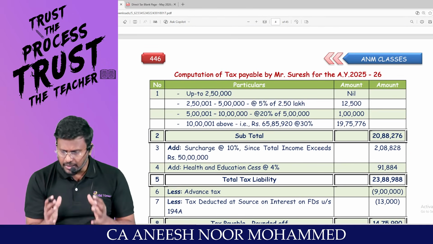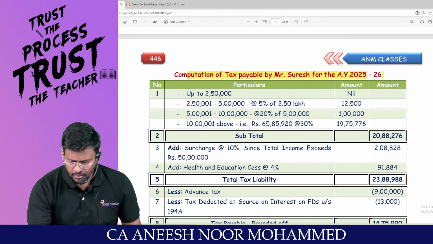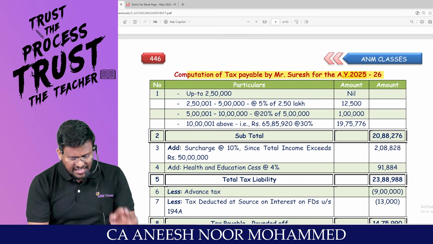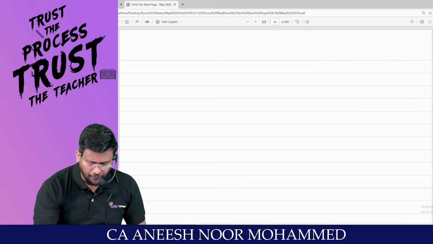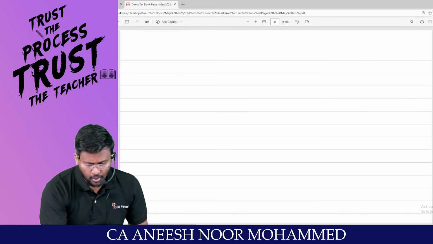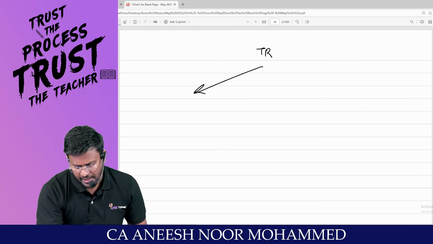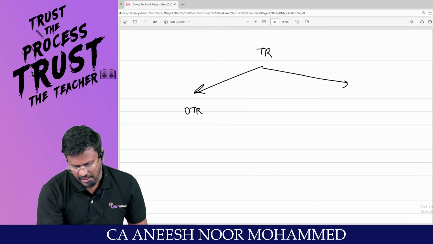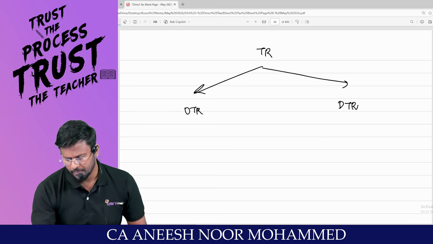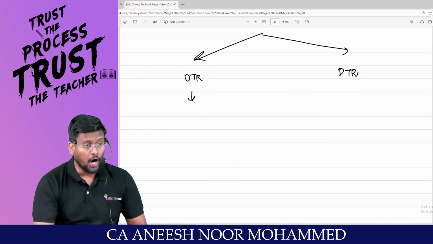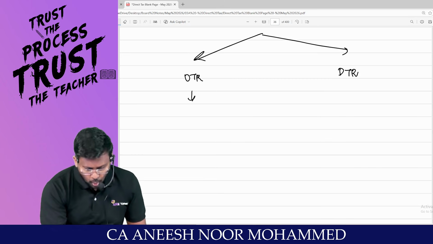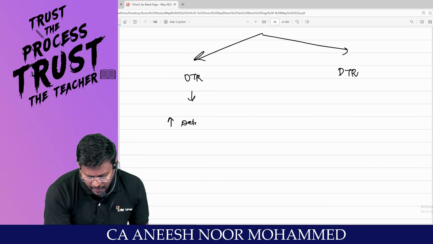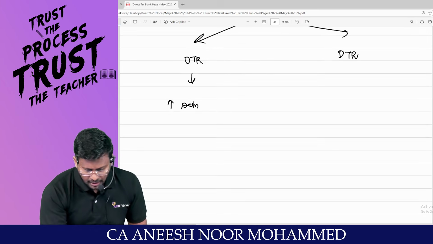Since we have done the question as per the optional tax regime, first I will be calculating as per the optional tax regime. What is the scheme of optional tax regime? We already know that there are two types of tax regime: optional tax regime and default tax regime. My dear lovable students, in the optional tax regime, what is the scheme? You will be having more deductions, sir, with a higher what liability?